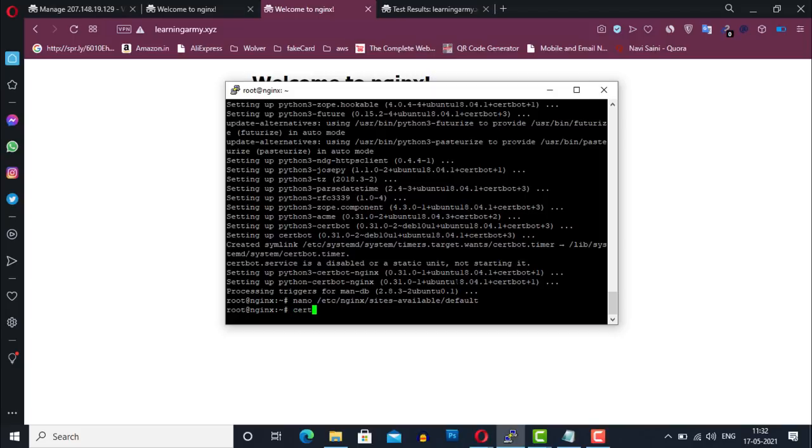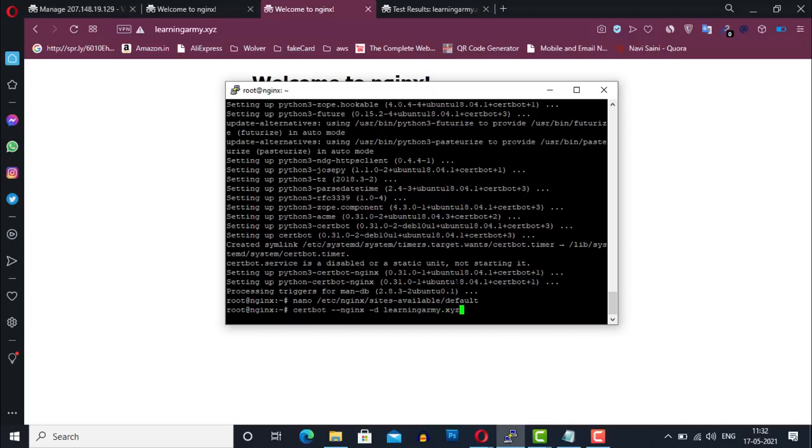So we have confirmed our domain name, and now we can generate the SSL certificate for our domain. To do this, just type this command. Basically, we will run Certbot with the Nginx plugin, and this -d flag specifies the domain name. Now enter your domain name.